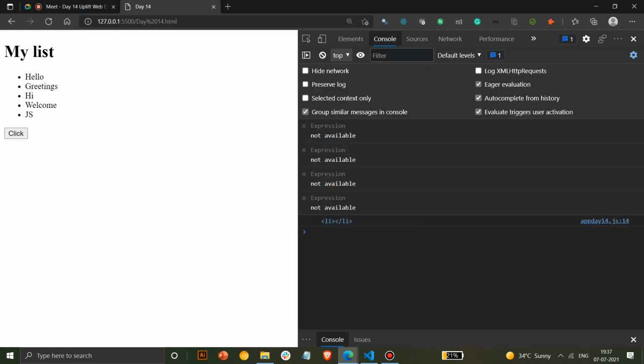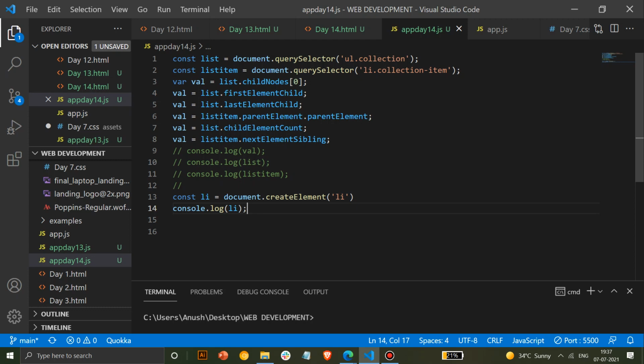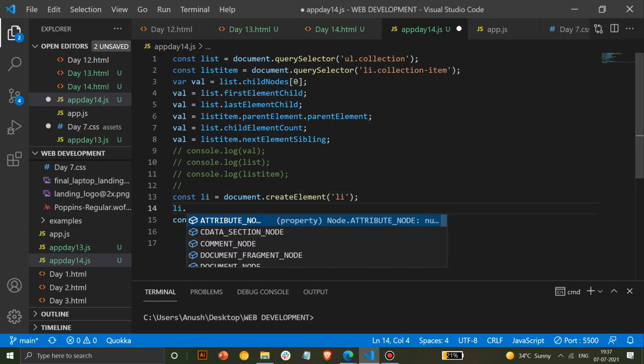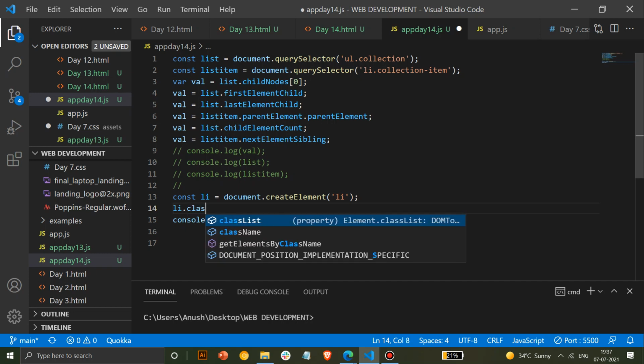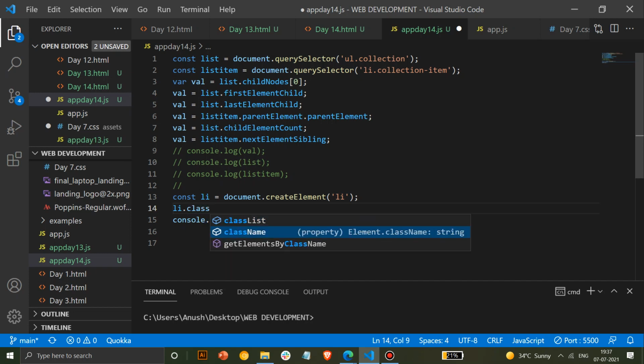So now we have to first add some content. We can add a class name, anything. First we'll try adding a class name to it, and then we'll move on to adding text and everything too. So we'll use class dot name. You get all these functionalities just by clicking dot, and if you don't get it, just Google and Stack Overflow what issues you are getting.